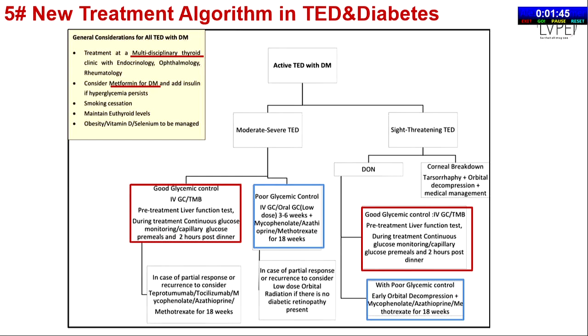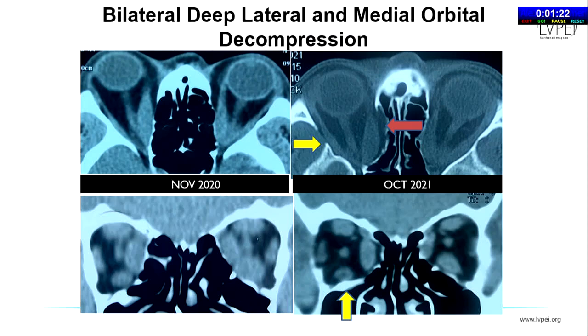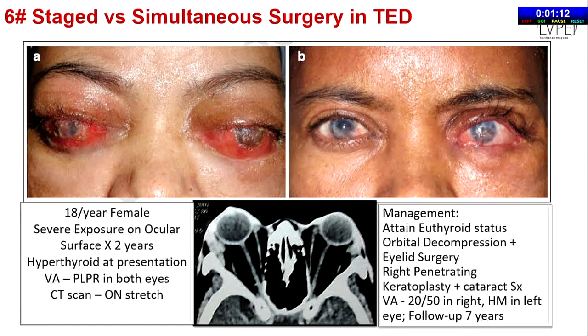But if you're facing a patient who has multiple risk factors, old age, diabetes, smoking, 2 or more, as we say, then it's better to think about surgery first and then put them onto immune modulation, for saving the nerve, particularly in sight-threatening disease. This is one particular patient where we had done early surgery, bilateral endoscopic decompression, and then put him on therapy, and he stabilized. What you're also looking at is trying to keep a broader posterior orbit and decompression to get that effect, and that's what I'm trying to show on the scans.